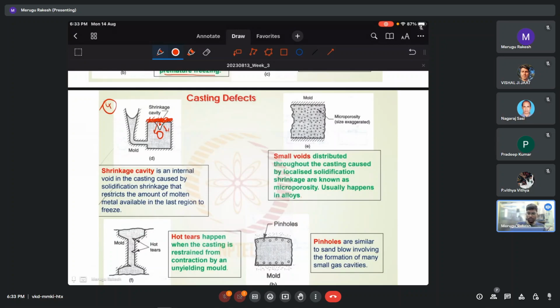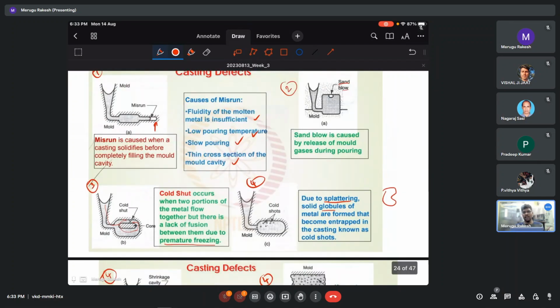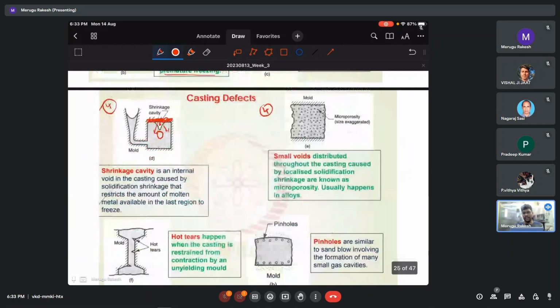Then we have small voids, the fourth one. This can be for many reasons. One reason is, as we discussed earlier, the splattering or globules, the sand blow. Then basically in alloys during solidification, there is a chance that localized shrinkage can happen. While solidification is happening, there will be some gaps between the solidification features, which can result in